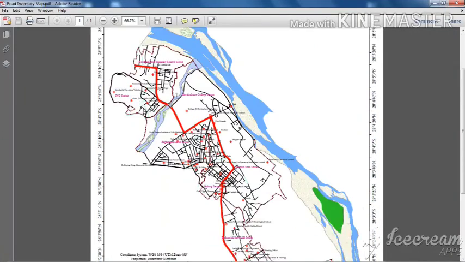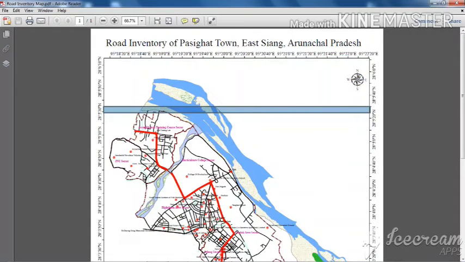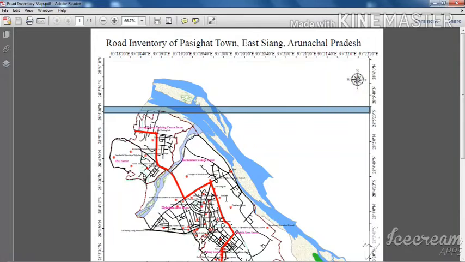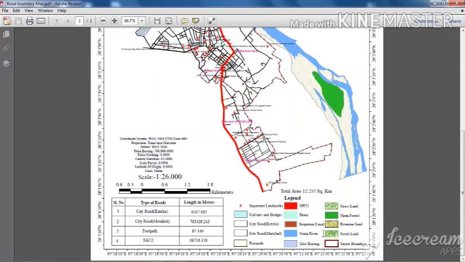You just see over here, the north line has been put up specifically. After that, the respective sectors and other areas are marked. This is the legend. You just see, I have specified the total area of that particular town area also.